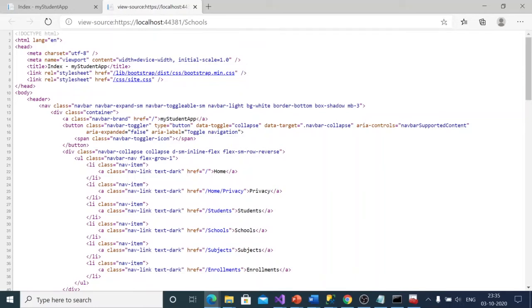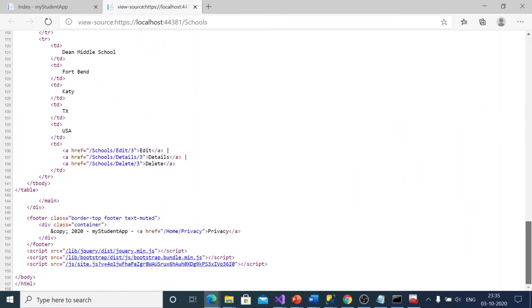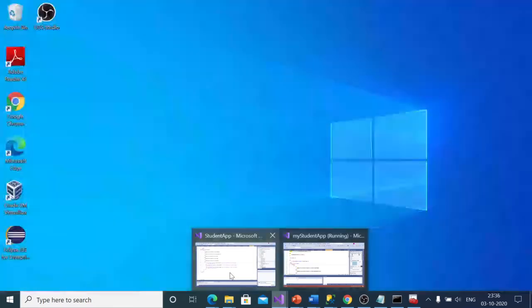You have the navigation, you have the div classes, and then the header HTML, and then head and body, and then the table. All the HTML tags, right? So let's get back into there. So how are we getting all these things created? That's where